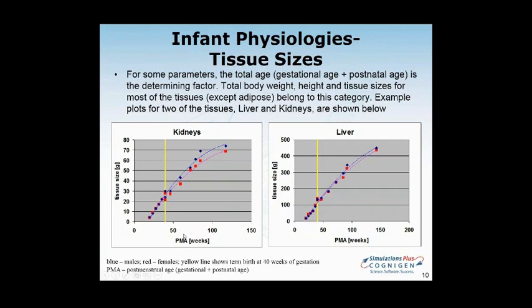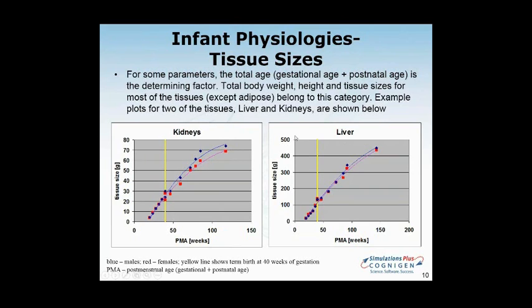We had a smooth function. You should probably describe that on most of these plots, especially for the infants, the x-axis is shown as postmenstrual age, meaning gestational plus postnatal age. The yellow line is showing 40 weeks, so that would be a full-term birth, and it ends at 1 year old, so that would be at full-term 1 year old, so about 92 weeks of postmenstrual age. And for two examples, kidney and liver, you can see very smooth transition through the birth. It did not introduce any significant non-linearity. And this was the case for most of the tissue sizes.